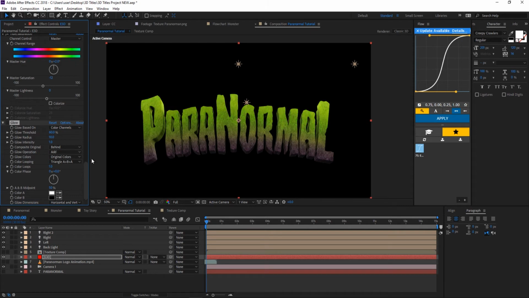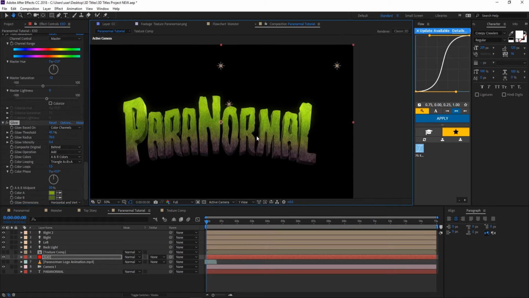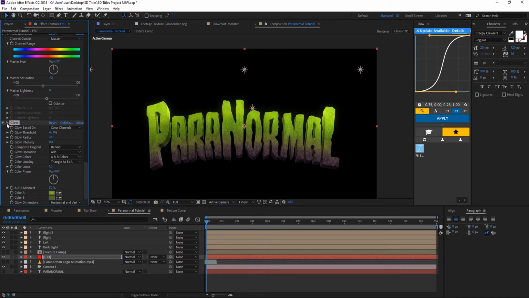Another thing we can do is add a glow effect to just make this pop that much more. Let's just turn it off for now. And over here at glow colors, instead of having original colors, we can just select A and B colors and select this one and maybe a darker green, because we don't want this purple color to glow at all. So let's turn it back on. You can see it only affects the green now. Let's just leave it there and then increase the radius quite a lot. Turn down the intensity to 0.4. Really subtle, but for me that's the best way to go with these details. Just make them really subtle so that they don't have a lot of attention compared to other elements in the